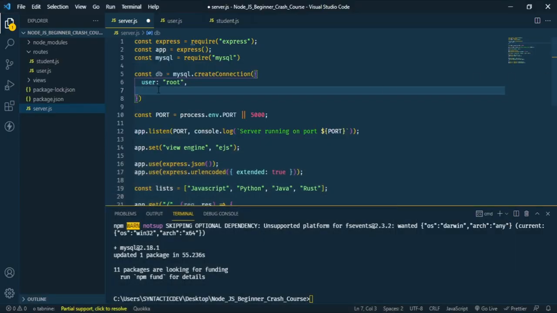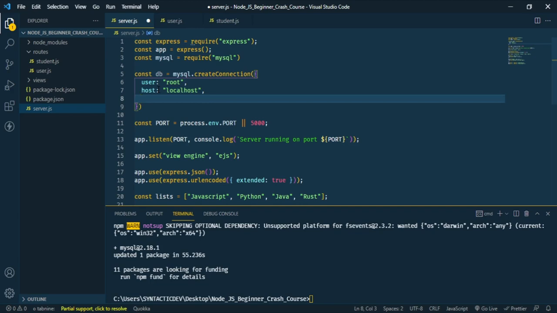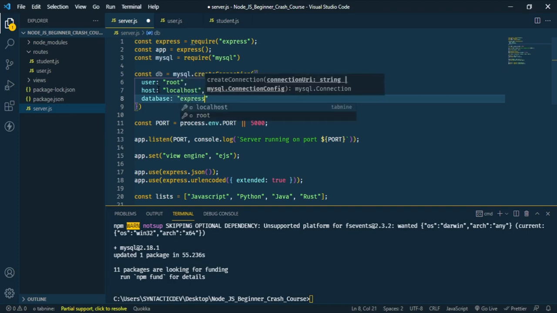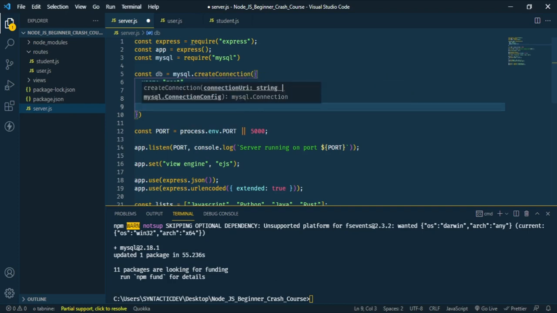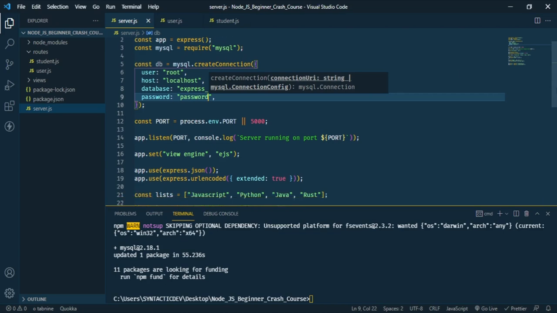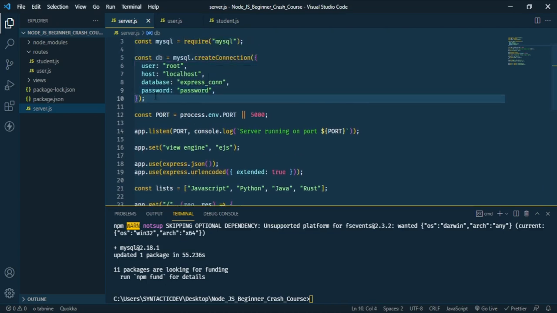So the user is root, and the host is localhost, and the database we are connected to is express_connect. And my password is password. So save that, and to check if your connection is successful, you just have to type